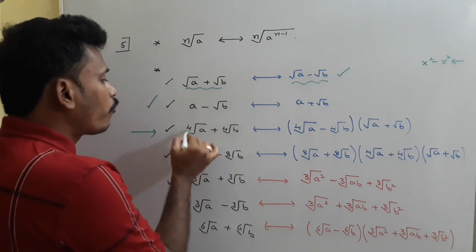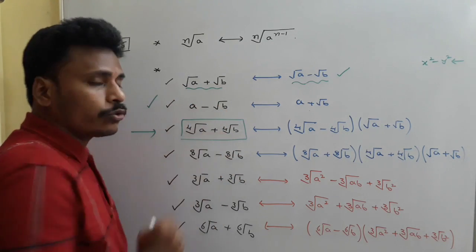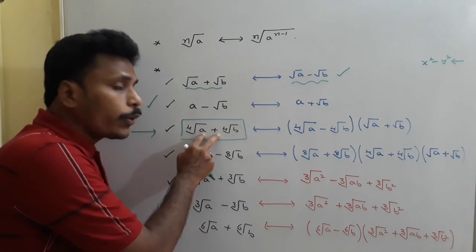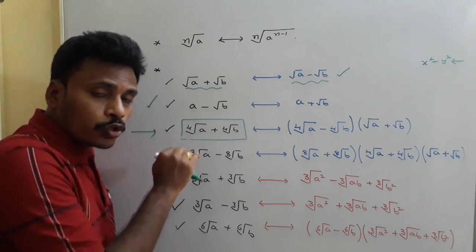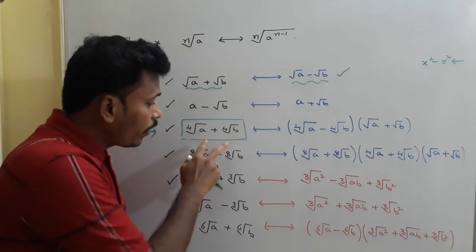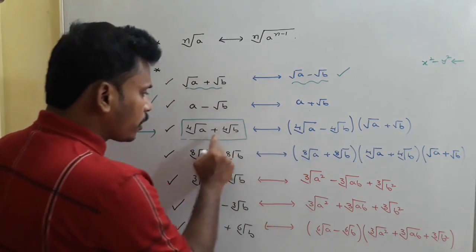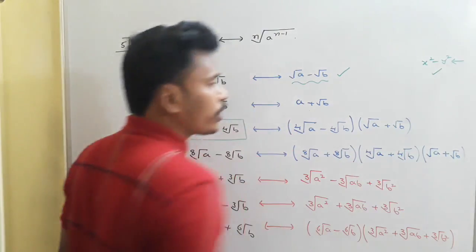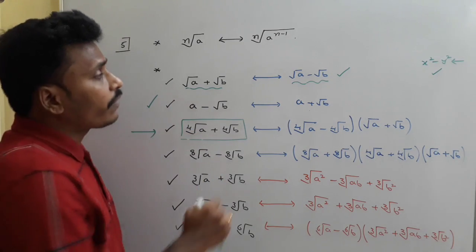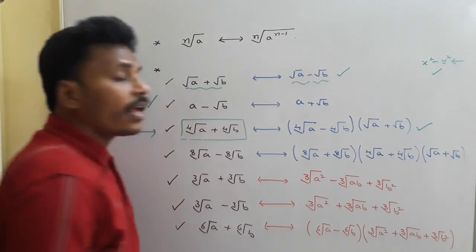And for the next one, fourth root a plus fourth root b. This is square root and this is fourth root. We are going to find the rationalizing factor for fourth root a plus fourth root b. First of all, you need to reduce its order from fourth root to second root and then use the same logic. For that, since it is fourth root a plus fourth root b, if you multiply this with fourth root a minus fourth root b, for this product, again use this x square minus y square. You will get square root a minus square root b, and that square root a minus square root b, if you multiply with this square root a plus square root b, the result is a rational number.